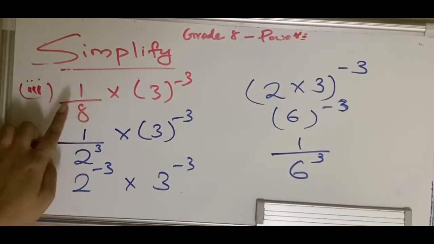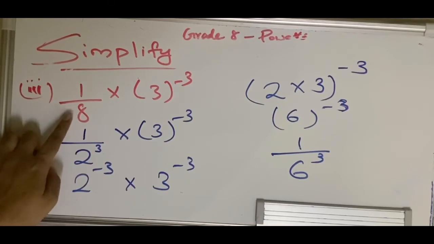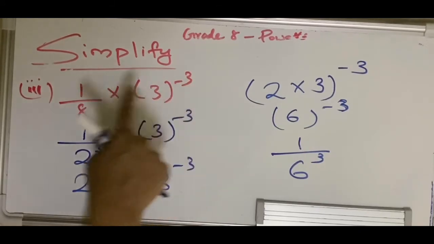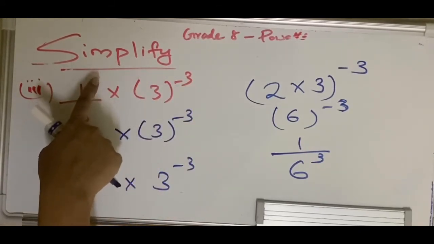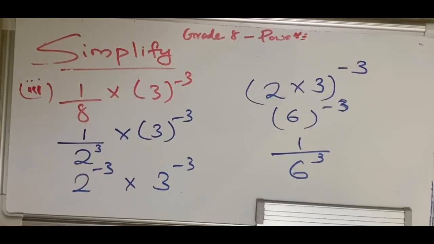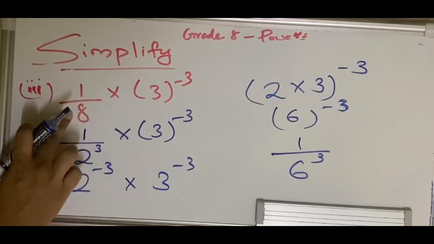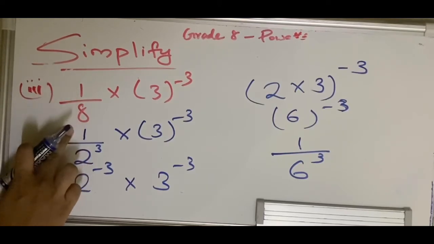Clear? So basically here, since to solve this, we want to make this into a different form, right? And you know that here we have a minus 3. So if we can make this one also minus 3, then it is easy to solve. That's why we thought how we can make this number something raised to 3. And 2 raised to 3 would give us 8, right?